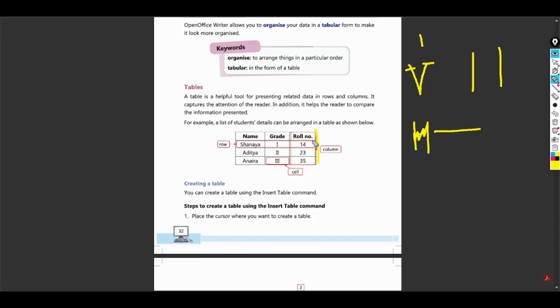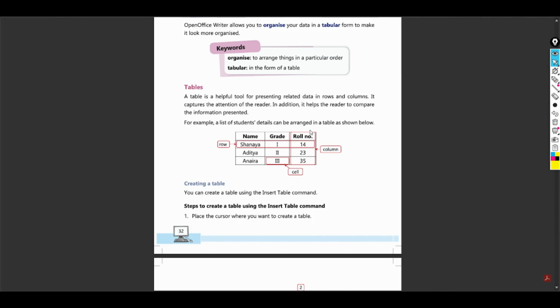Like this. So columns are like this and rows are horizontal, like this. In future if you get any question about the direction, horizontal or vertical, you can answer it simply. Understood, class? Now let's move forward.